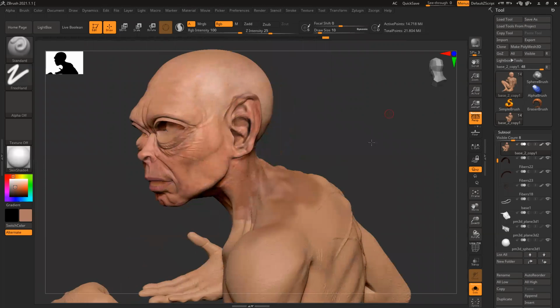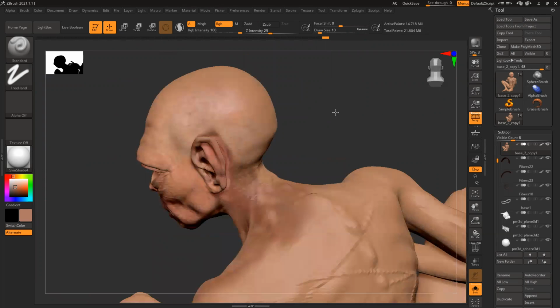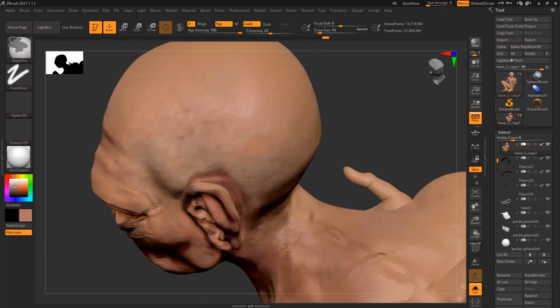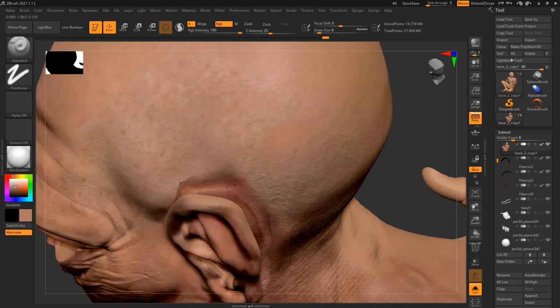So like this, you can paint everything, and if I want to blend anything, I can do that as well. Like this kind of section, I can reduce the brush size,